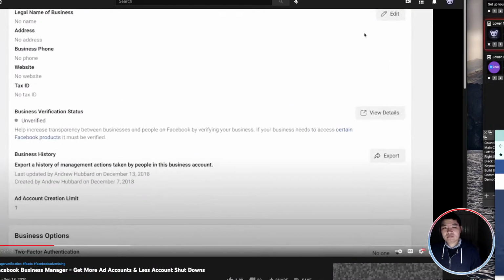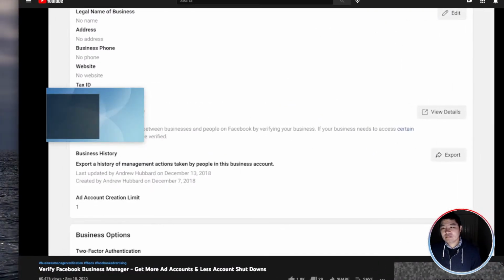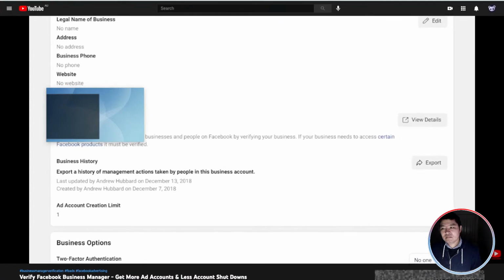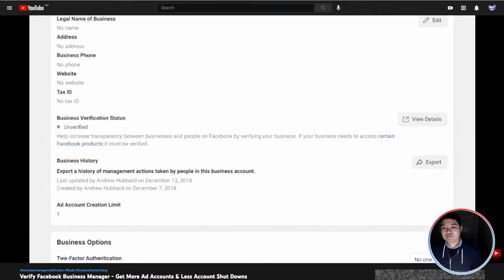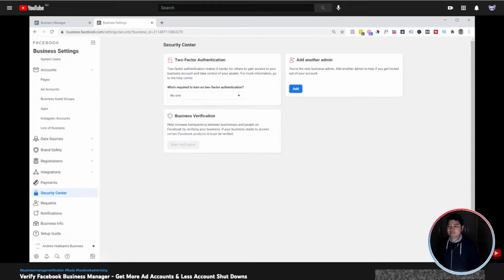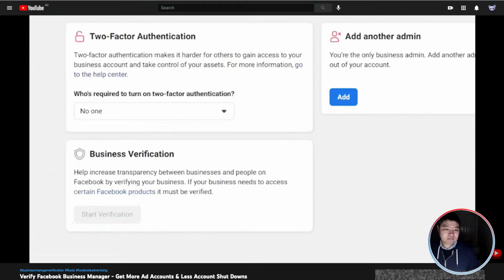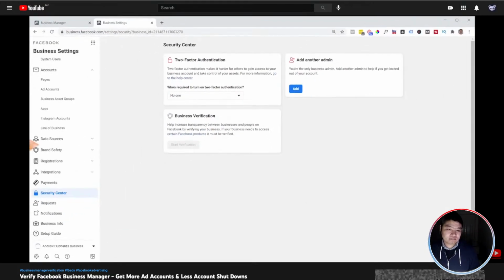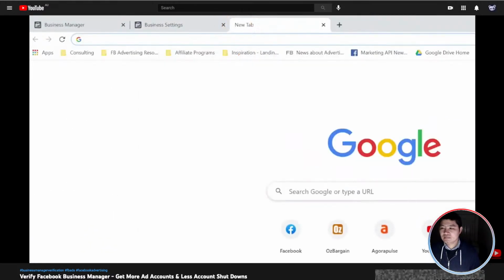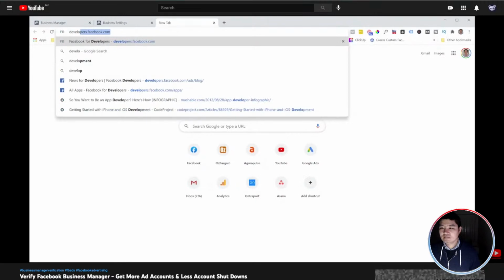But down to the business verification section, we can see here we've got business verification status. This one says unverified. If I click view details, then you can see here I've got business verification and it's grayed out. So the first thing we want to do is fix that. To do that, we're going to go up here, open a new window, and go to